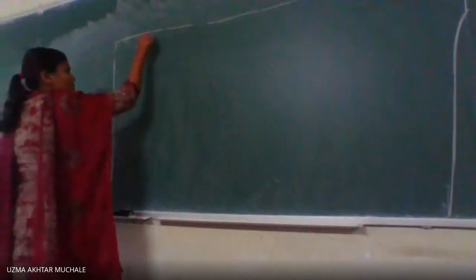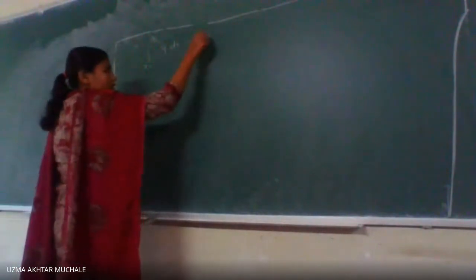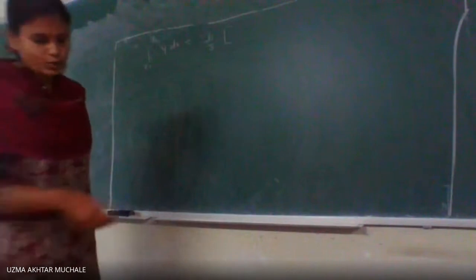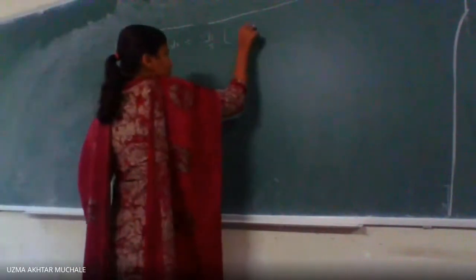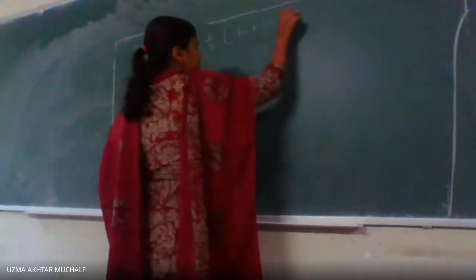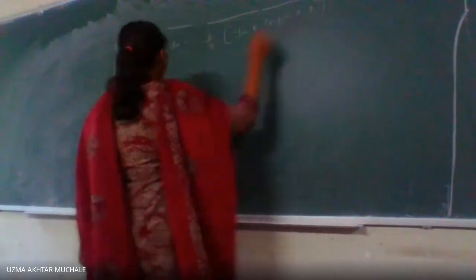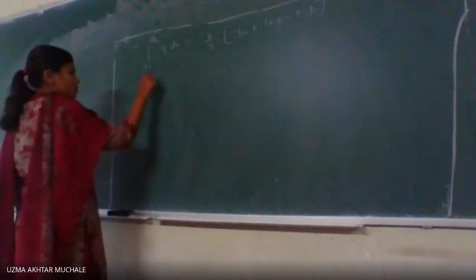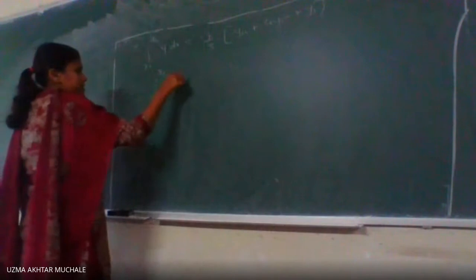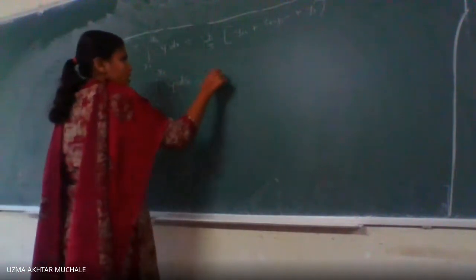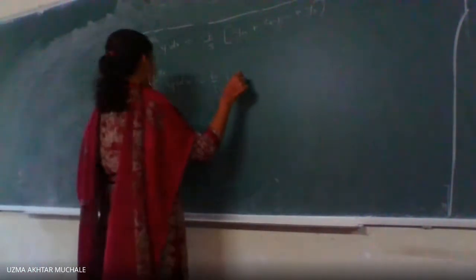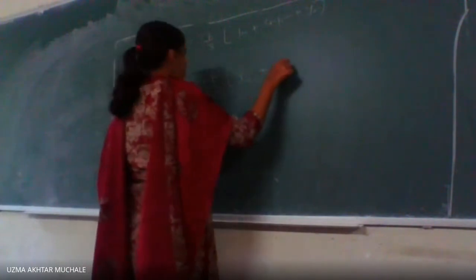Integration x2 to x4 y dx is equal to, what is the formula? h by 3. For x2 to x4, I will get y2 plus 4 times y3 plus y4. Similarly, integration x4 to x6 y dx is equal to h by 3 into y4 plus 4 y5